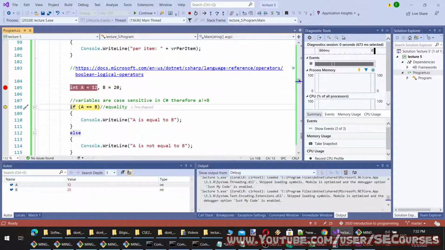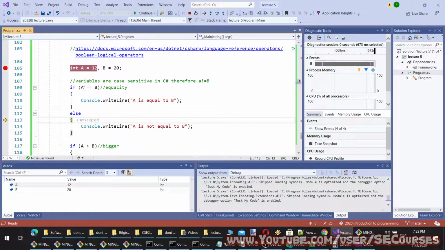So we have defined A and B variables which are integer type. If A and B are equal, it will enter inside these curly brackets, this scope, and since it is not true, you see it shows false because this condition check has failed. It is entering the else.